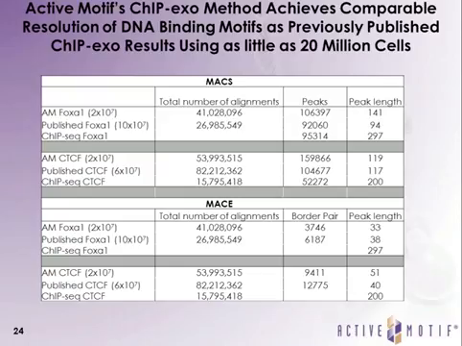So this is a representation of the number of peaks that we usually see and the size of the peaks. The top panel here is analysis of ChIP-Exo data using MAX, and the bottom is MACE, and this was just to give you an idea of the difference between MAX and MACE, as I alluded to earlier when saying that you can use MACE, but you're not going to get the same amount of resolution. When you use MAX,